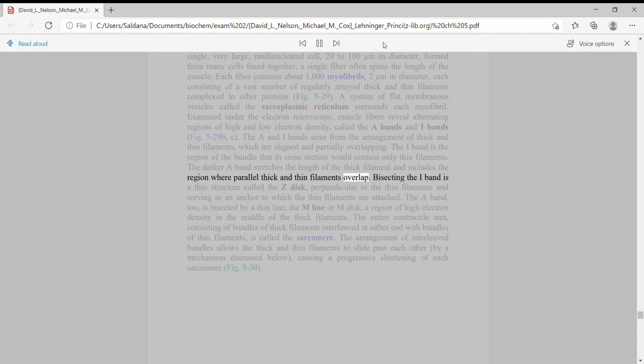filaments overlap. Bisecting the I band is a thin structure called the Z disc, perpendicular to the thin filaments and serving as an anchor to which the thin filaments are attached. The A band, too, is bisected by a thin line, the M line or M disc, a region of high electron density in the middle of the thick filaments. The entire contractile unit, consisting of bundles of thick filaments interleaved at either end with bundles of thin filaments, is called the sarcomere. The arrangement of interleaved bundles allows the thick and thin filaments to slide past each other, by a mechanism discussed below, causing a progressive shortening of each